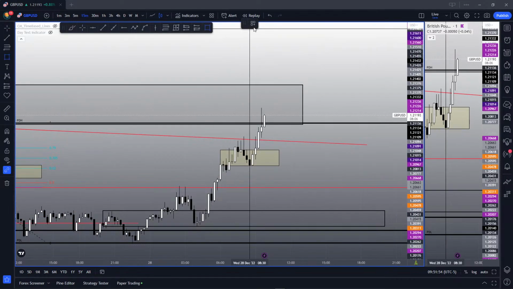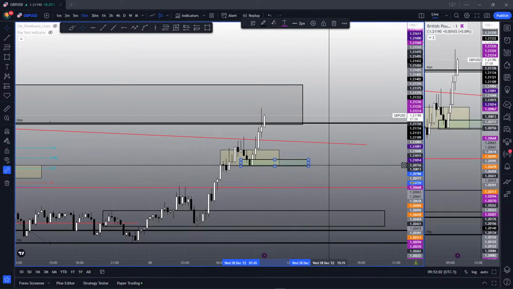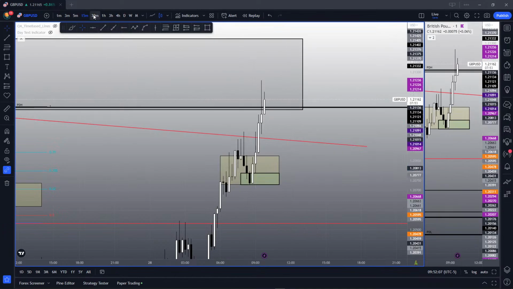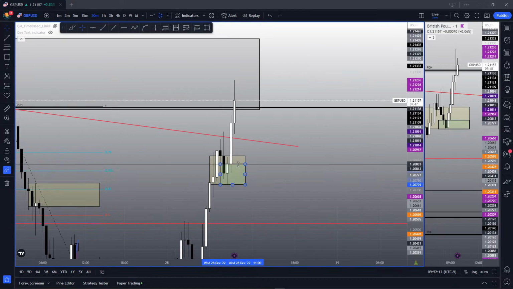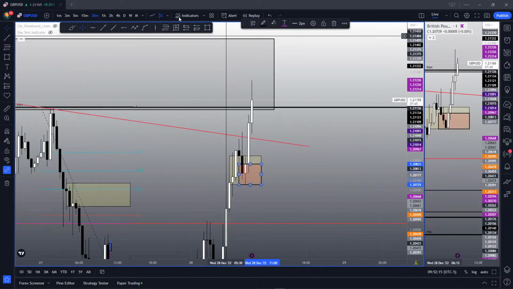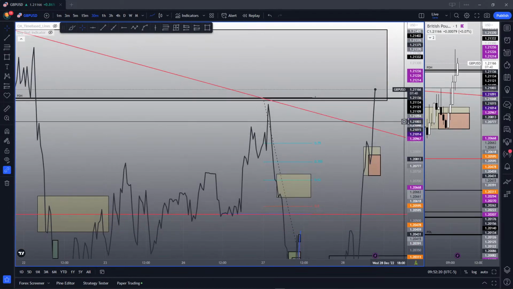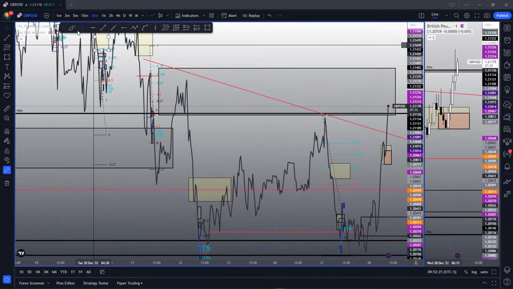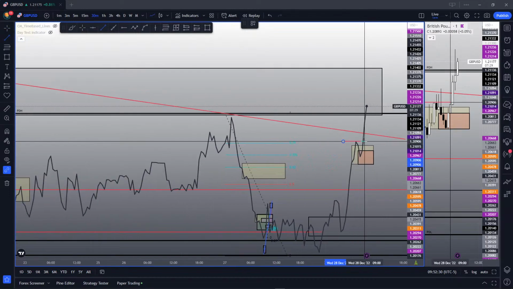Let's go down. 15 minutes. Just going to mark it there real quick. 30, kind of in the same zone too. So I'm just going to mark the 30 minutes here. Let's see if there are any major levels that I can see right off the bat. This one here looks pretty good. Right, 905 it is.